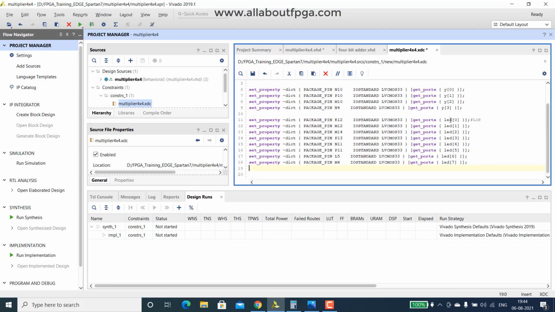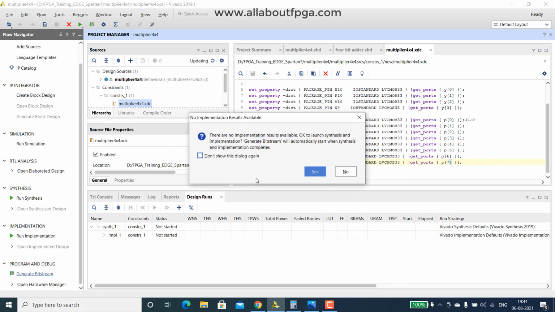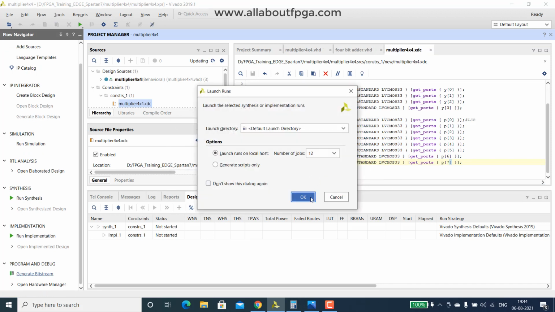So I am assigning the LED and making it as a P. Okay, save and run the design. So we can straight away do the generate bit stream, save it.